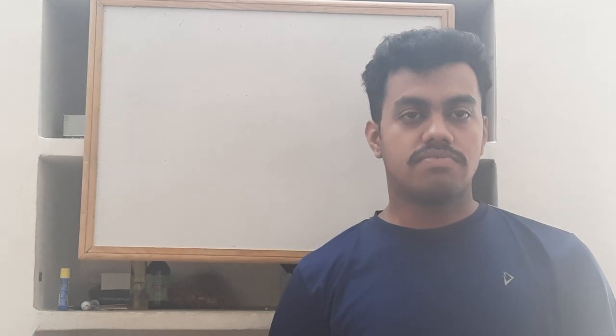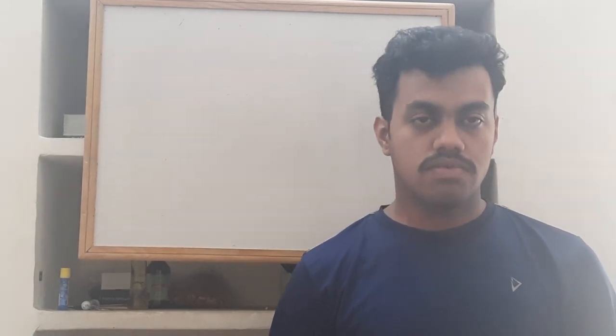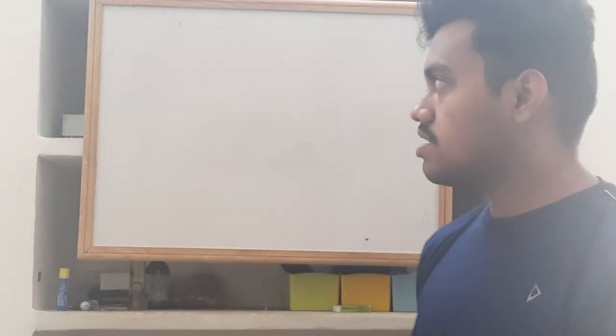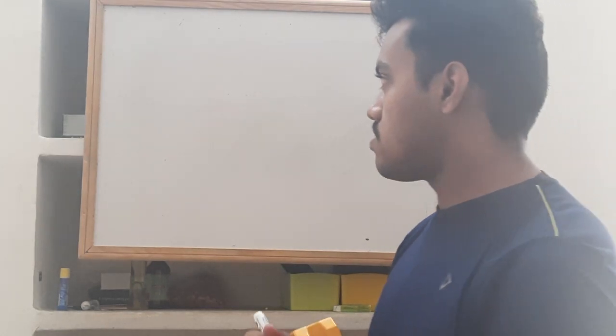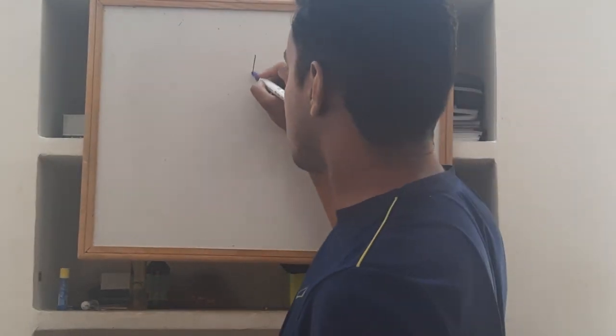The interpreter converts the programming language into something that the computer can understand, which is machine language, and then feeds it to the computer. The computer processes your data, sends it back to the interpreter, and then back to you. So that's what's happening. Let's draw a diagram to visualize it.